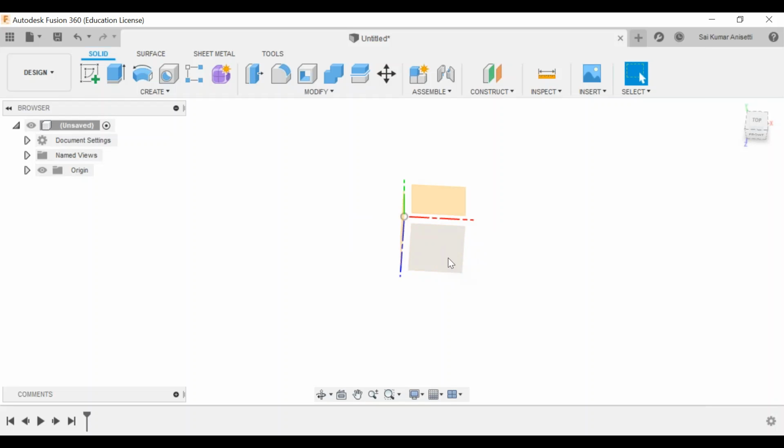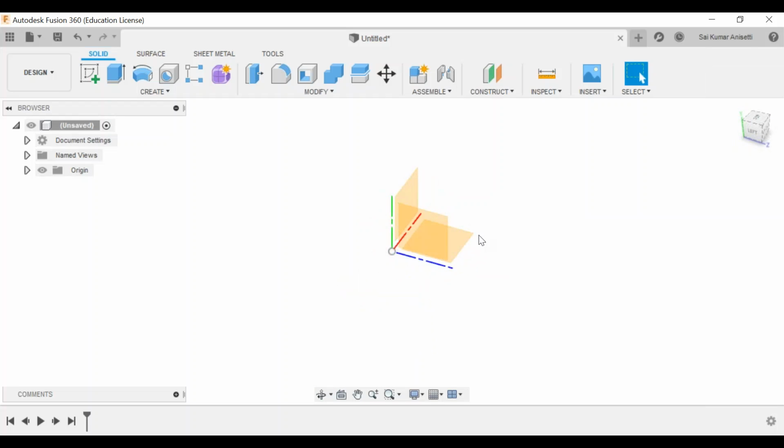If you want to get back into your default isometric view, go to your view cube at the top right corner of your screen. You have the home button, right? Click this home button, and again it gets aligned with your default isometric view. Got the point? Press shift and center mouse wheel, and you can rotate your component.